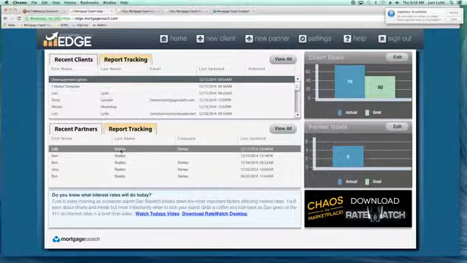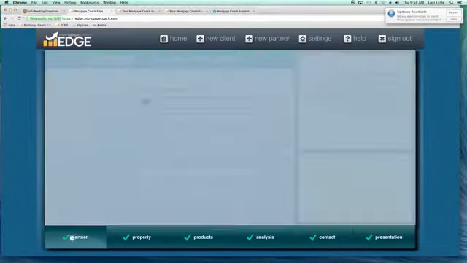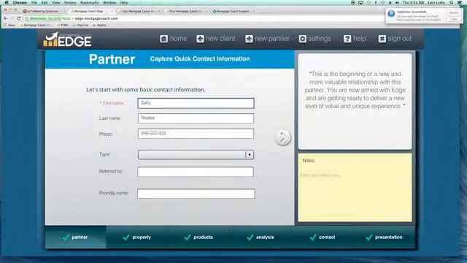Also, just want to point out the open house flyer. This will take you step by step for an open house flyer, but Jeremy, let me show you a couple items for that right now. So moving to Edge, I'm going to go ahead and go home. And with an open house flyer, you have a new partner. And I apologize, I'm going to go quite quickly through this. We don't have much time left,